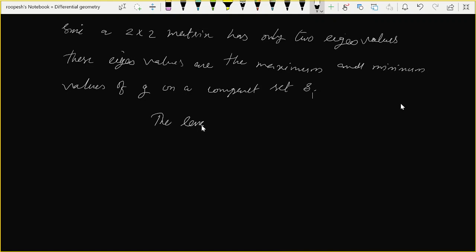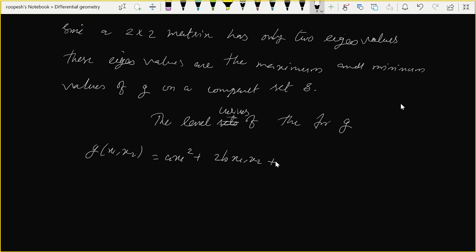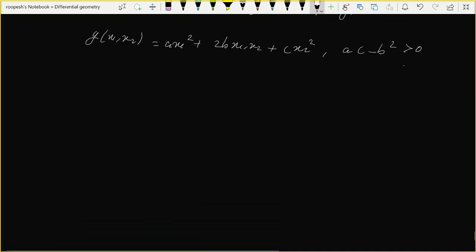The level sets, level curves, not sets, as level curves of the function G, where G of x1 x2 is equal to a x1 square plus 2b x1 x2 plus c x2 square, with ac minus b square greater than 0, are given